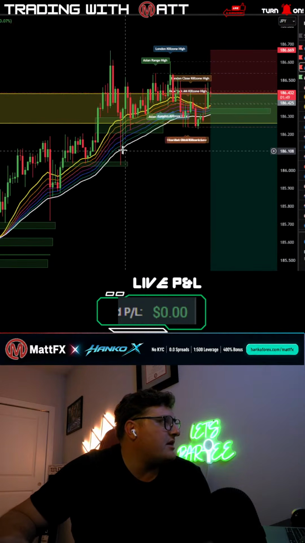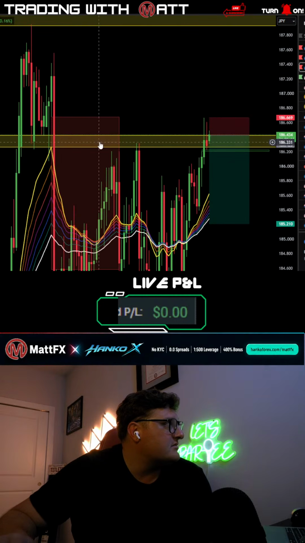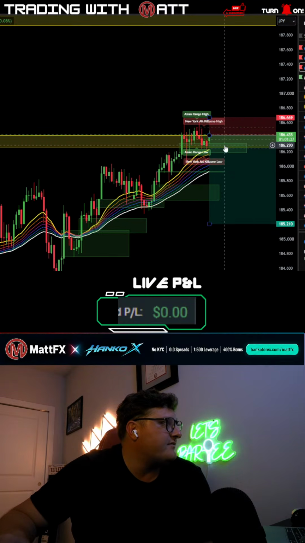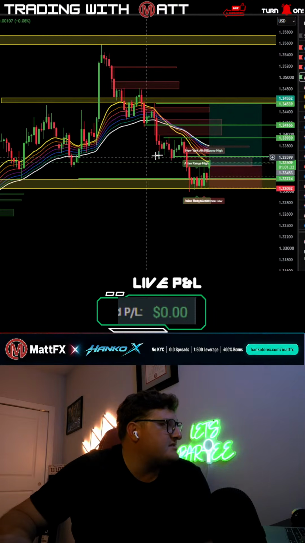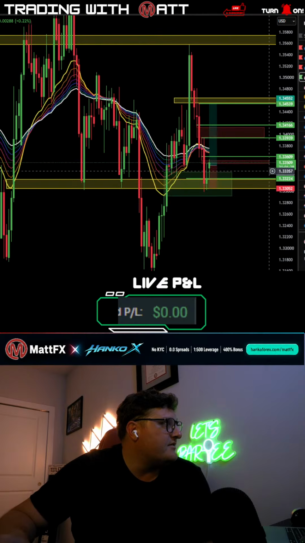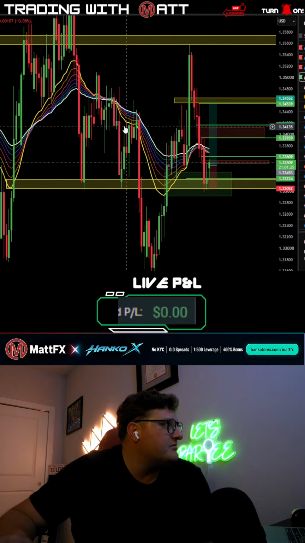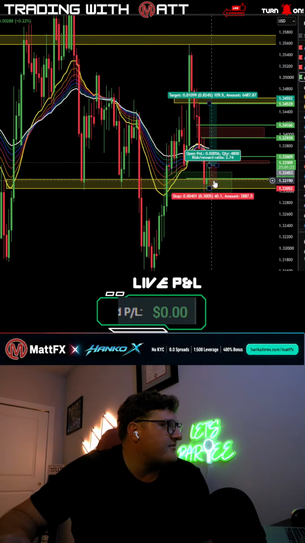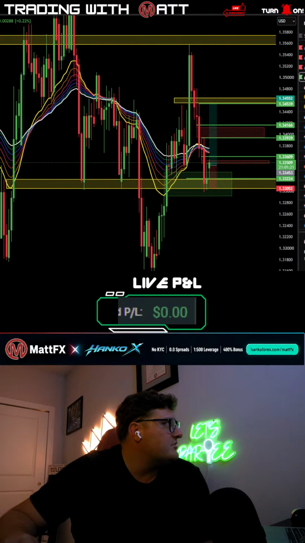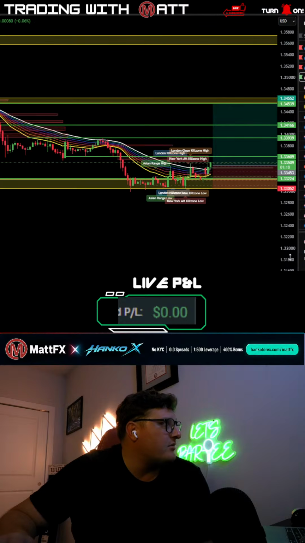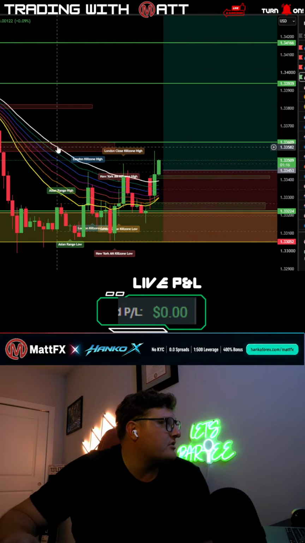Euro JPY, as we talked about, hasn't been this high since April 30th, and it's rejected this zone very nicely. However, you've got a full fair value gap and an EMA ribbon. GBP USD has a fair value gap and an EMA ribbon on the 4 hour. On the day, it looks like it's going to come up. Big, huge day, fair value gap, key zone. Even the 1 hour looks solid. And it finally broke London high.